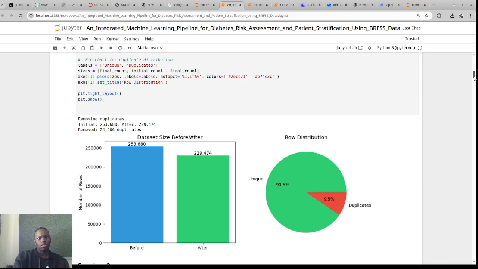Now we can go through the fact that our original data set, before we had any duplicates, is in this initial part here, and after that it went to this part. So that means that here are our duplicates that we have shown through the data, the bar chart, and the pie chart. As we move forward,